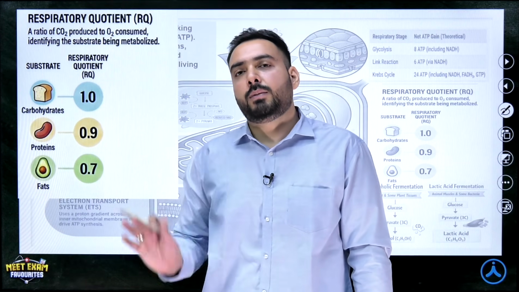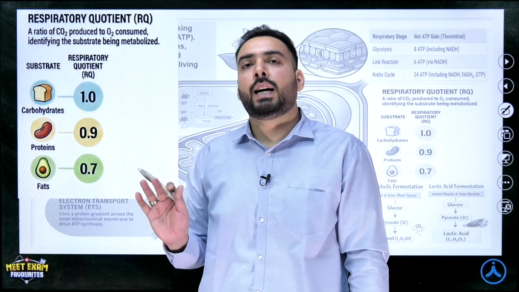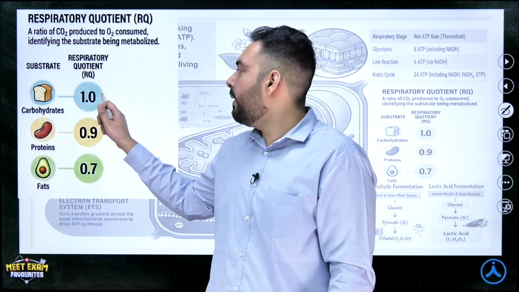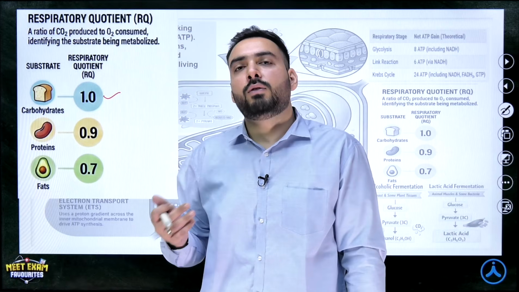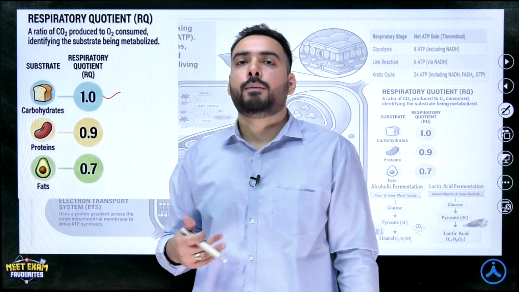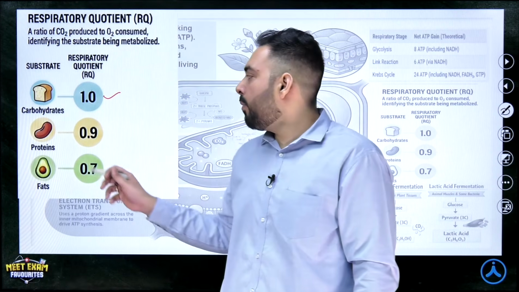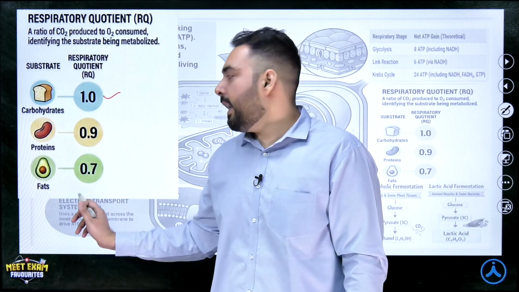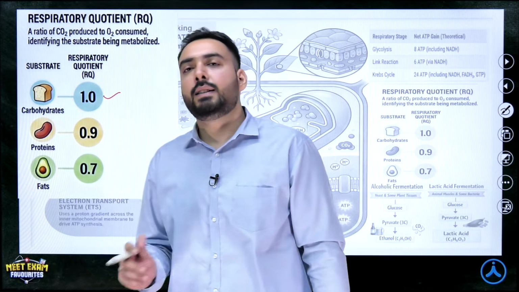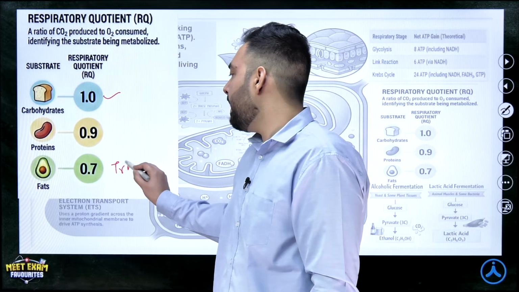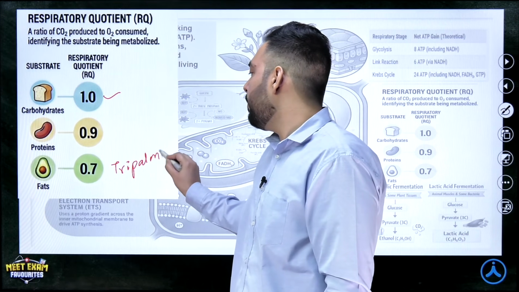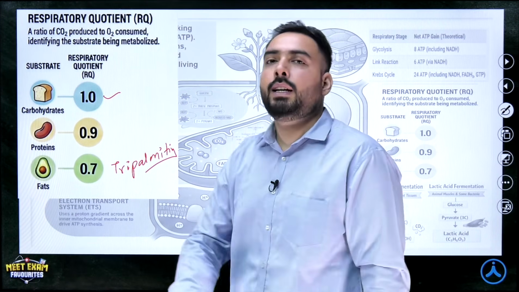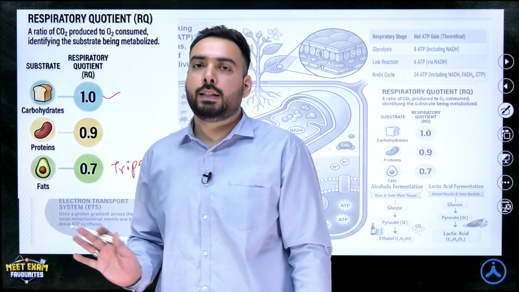The most preferred substrates are carbohydrates, and when carbohydrate is oxidized, the RQ value is 1. When either of the protein or fat is respired, then the value is less than 1. For protein, the value is 0.9. For fats, the value is 0.7. In the NCERT, an important molecule is mentioned as an example of lipids. That molecule is tripalmitin. You can find a reaction in the NCERT regarding this. Now,